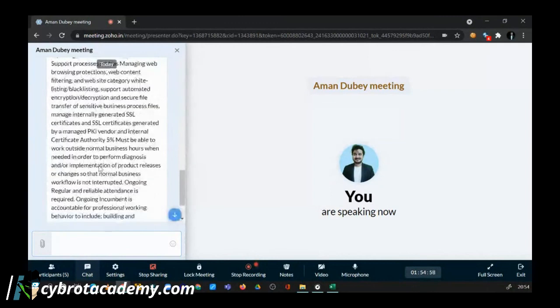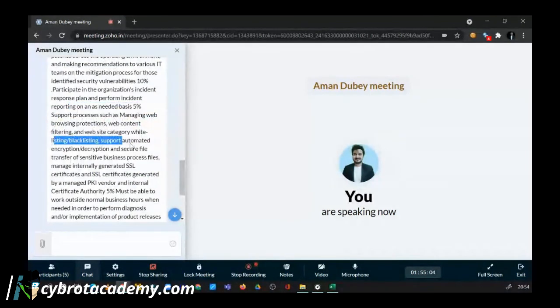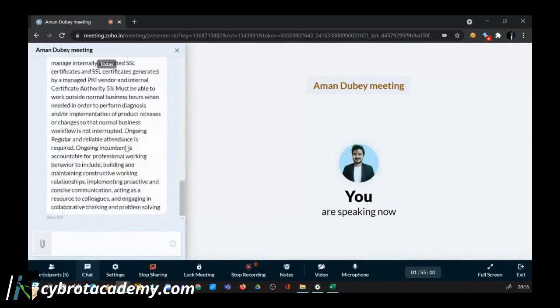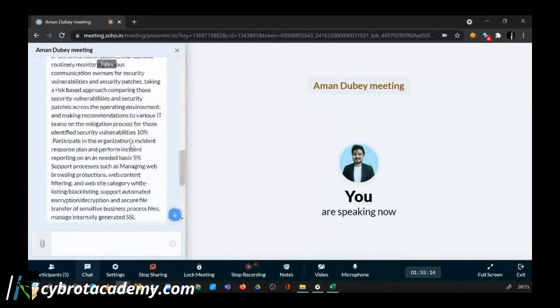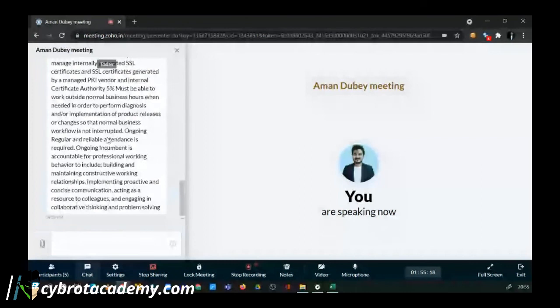And PKI, SSL, whatever we have covered: encryption, decryption, SSL, PKI, certification authority. It's not like you need to cover each and every thing. If you are comfortable with 5%, 10%, you can apply. For the rest, you must have a normal understanding, in case somebody asks you what PKI is. We have covered PKI also, but I know it's difficult to understand and learn